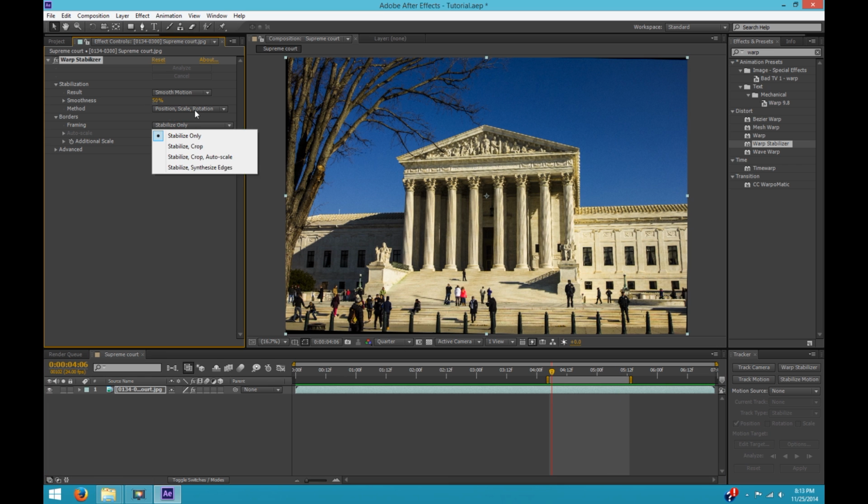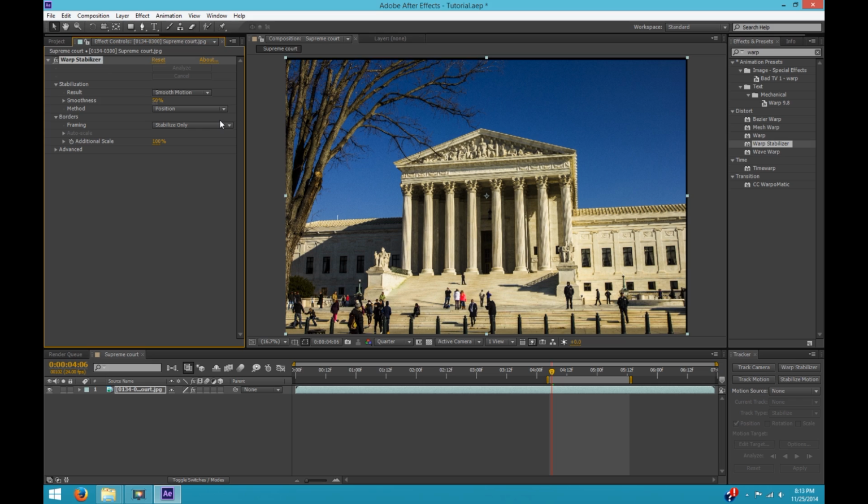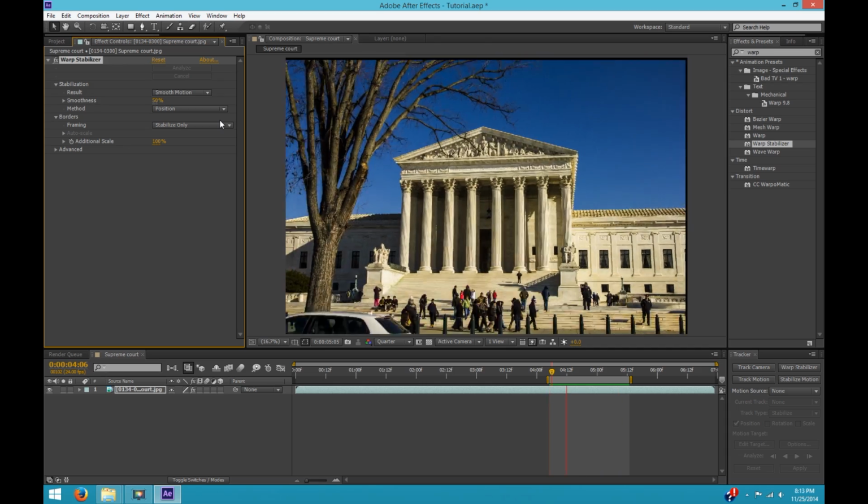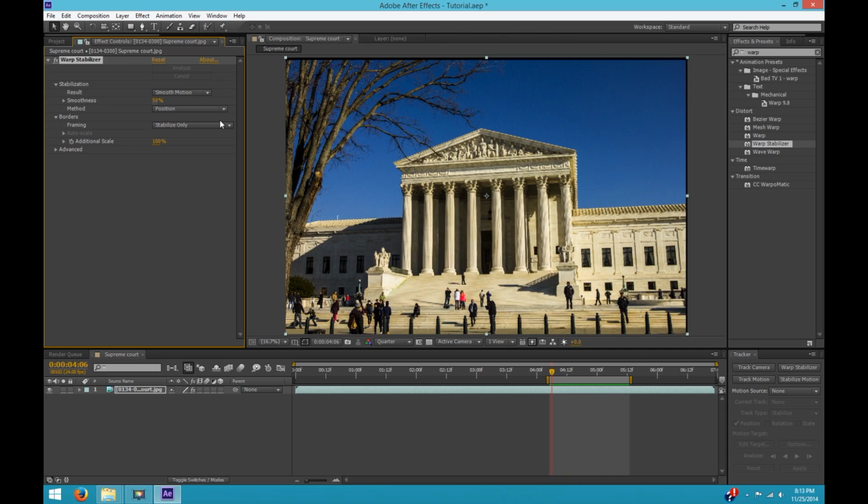I cannot tell warp stabilizer to do position and rotation only without doing the scale, and I find that sometimes warp stabilizer introduces scaling that I don't want, but if I just select position, there's all kinds of rotation wobbles in there, and position by itself doesn't do much if you have a lot of rotation wobbles. So this is not really helping me.